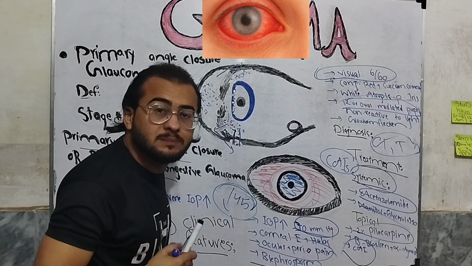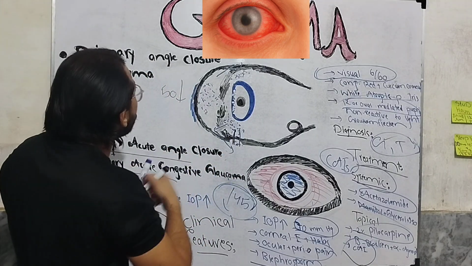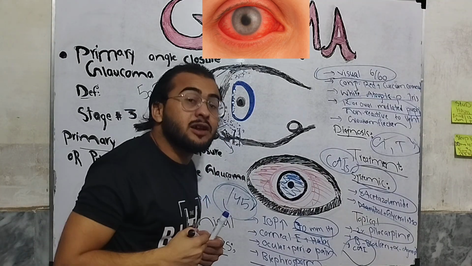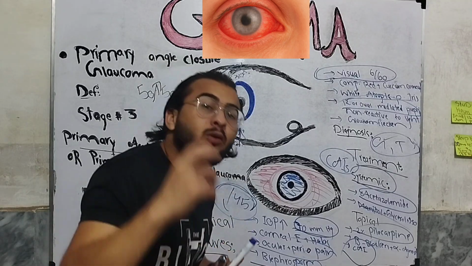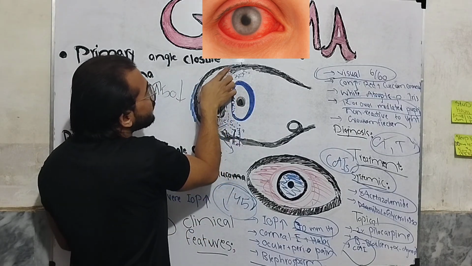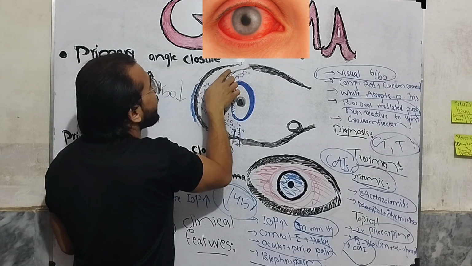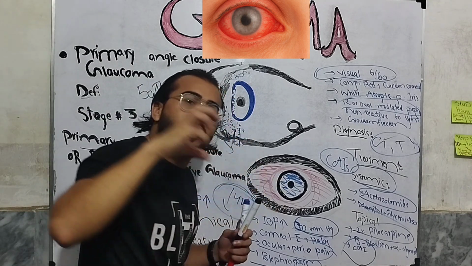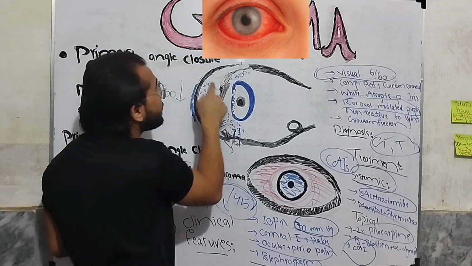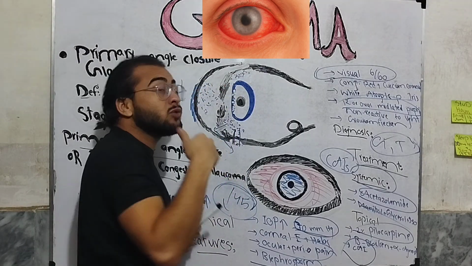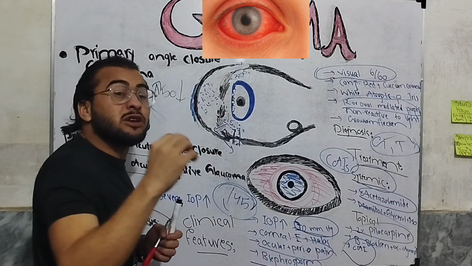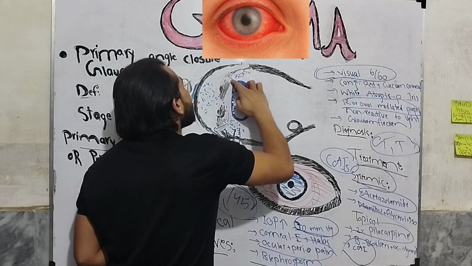And if this angle is closed more than 50%, then we will do a surgery which is called trabeculectomy. In trabeculectomy, we are directly connecting the anterior chamber to the subconjunctival space. These surgical procedures, as I told you, will be discussed in detail. Keep in mind that this is a surgical procedure which will directly connect the anterior chamber to the subconjunctival or subtenon space. Plus, in trabeculectomy we will also remove some portion of the peripheral iris, which is called